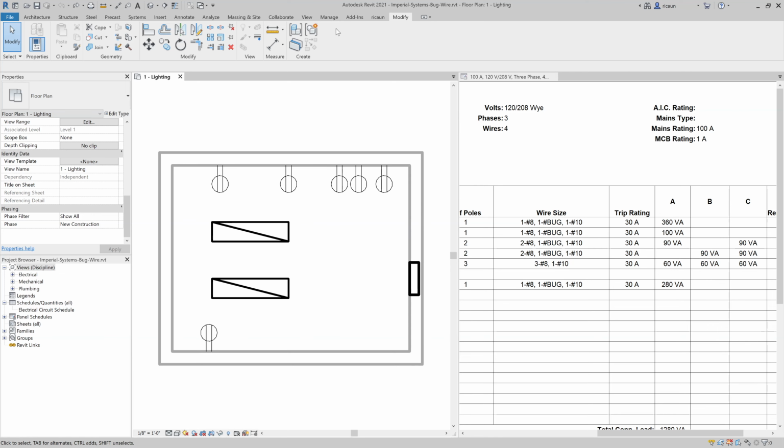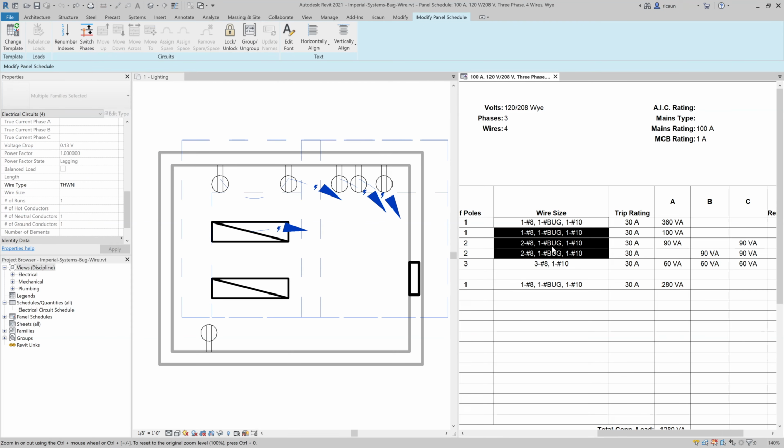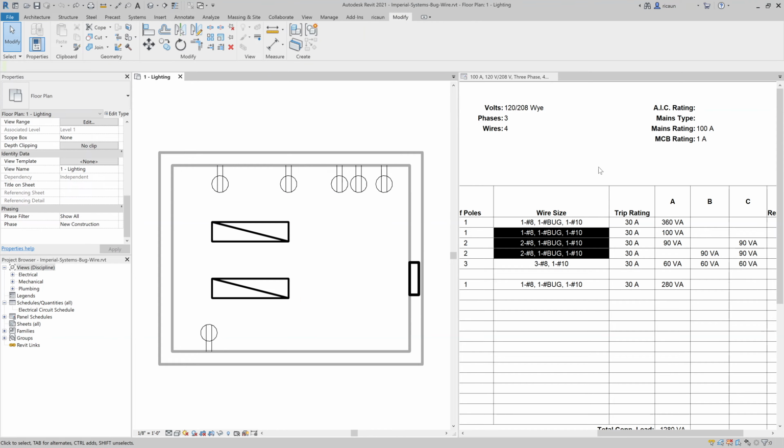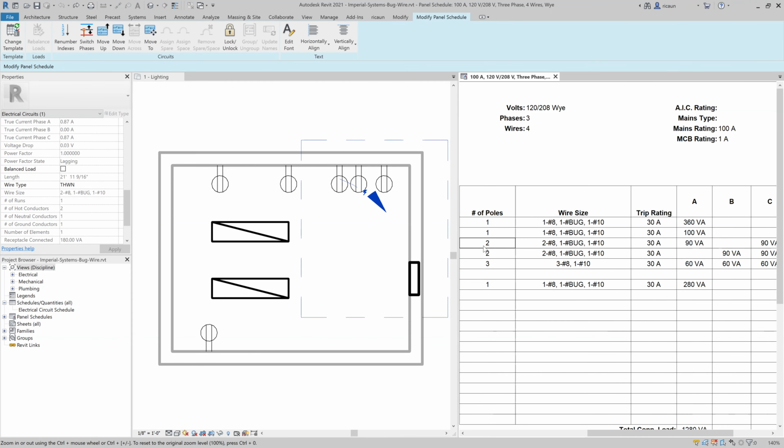But first, I have my base project here in 2021, and I'm going to show what the bugs are about. Here I have my wire size, some wire bugs in neutral. So the first one I'm going to show is related to two poles